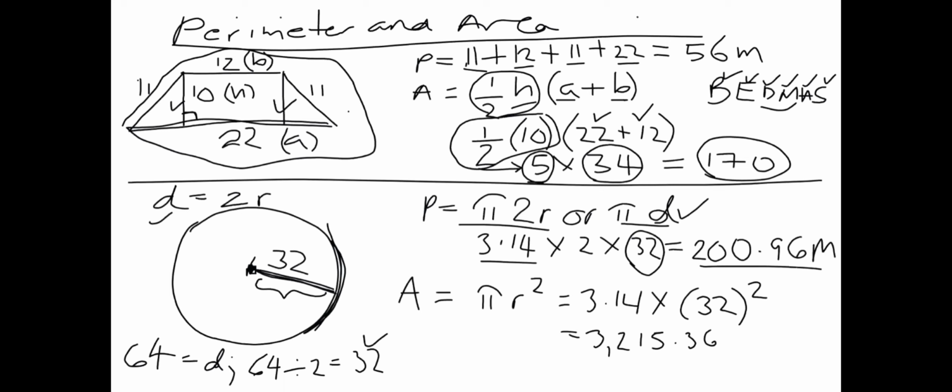And if you're given R, in this case we have 32, we multiply 32 by 3.14, but again, we must do what's in the bracket first. It says R squared, which means 32 inside the bracket must be multiplied by itself. So it's another way of saying 32 times 32. So if you don't know what square is, that 32 times 32 is actually equal to